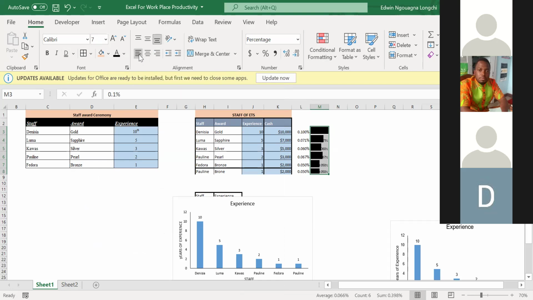Then I shifted it to the left. This left alignment. I align it to the left. When I do that, I can even further reduce the size to 6 or even 5, so that it all goes right to the left and nothing is showing here. All right, so this is what I did. You will see that these data bars are following the percentages you have here, but you will not see anything here. Okay, Fedora, I don't know if you got it now.